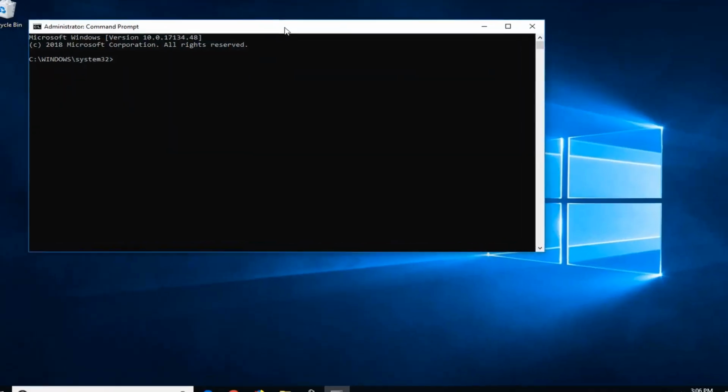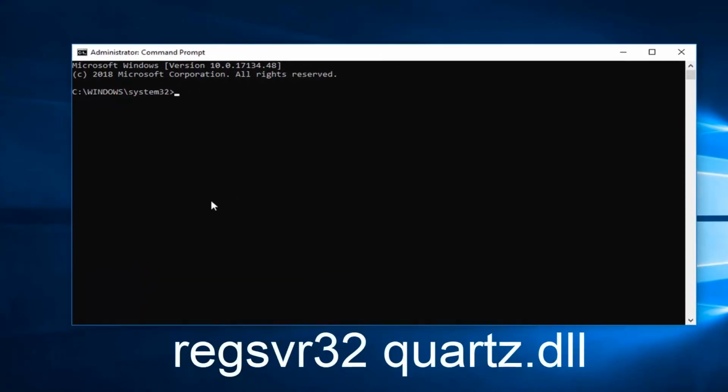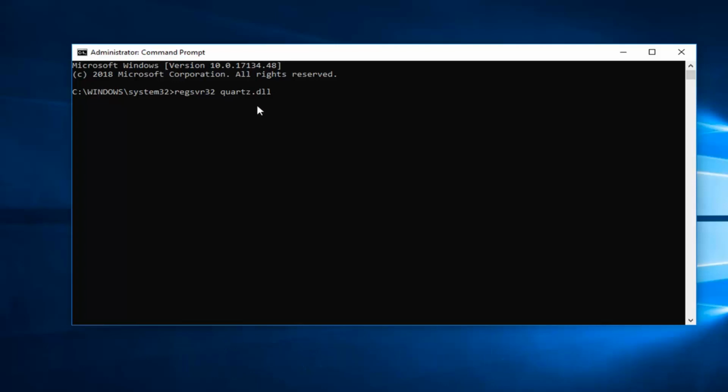Now that we're in this elevated command line window, I want you guys to type in the following command, and that will start with REGSVR32. So all one word here, so REGSVR32 space quartz.dll, so QUARTZ dot DLL. And once you have it as it appears on my screen, you want to hit enter on